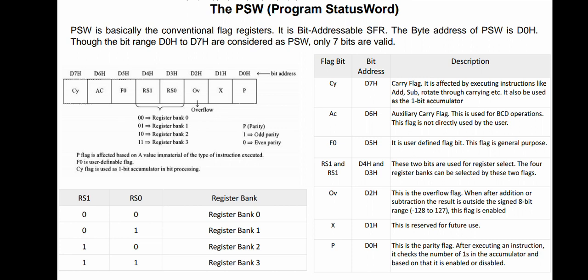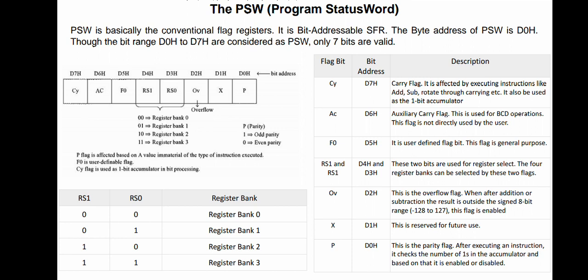The PSW register is 8 bits wide, so it has bits D0, D1, D2, D3, D4, D5, D6, D7. D0 is the P bit or parity flag bit.